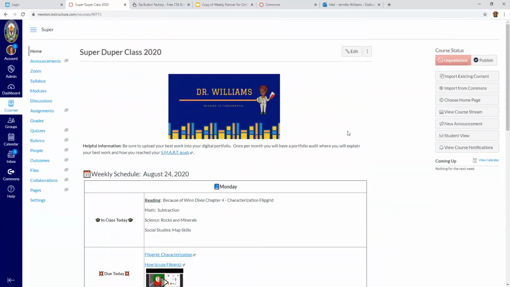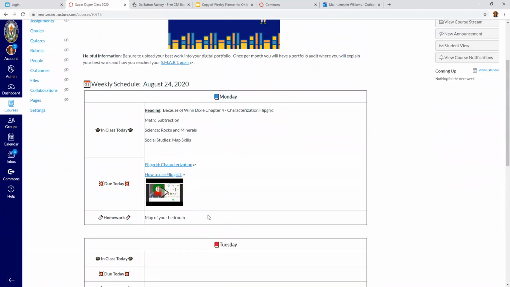So now you know how to change your front page and how to make a front page. I want to tell you about some of the tools that are available. I told you that you can go to Commons. So if you like the idea of having a pre-made template,